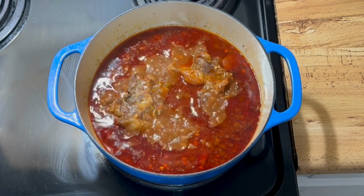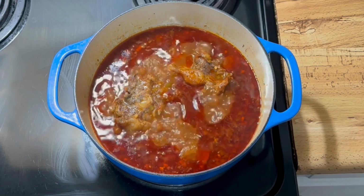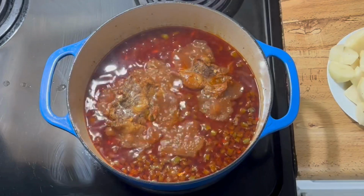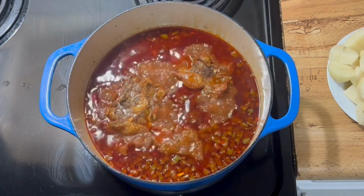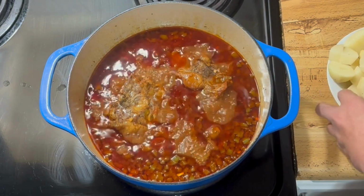So, all right, I'm going to let this continue to cook. I'm going to go chop some potatoes, and then we'll be back to add the potatoes to the stew. All right, we're at about an hour and a half now, and we're ready to put the potatoes in. I chopped those up, and yeah, we're going to...